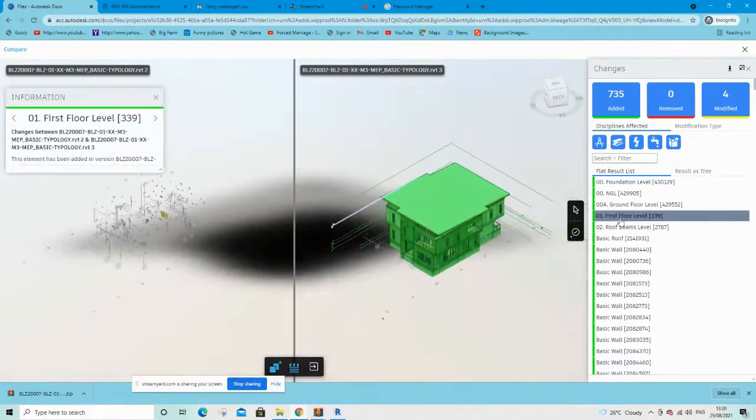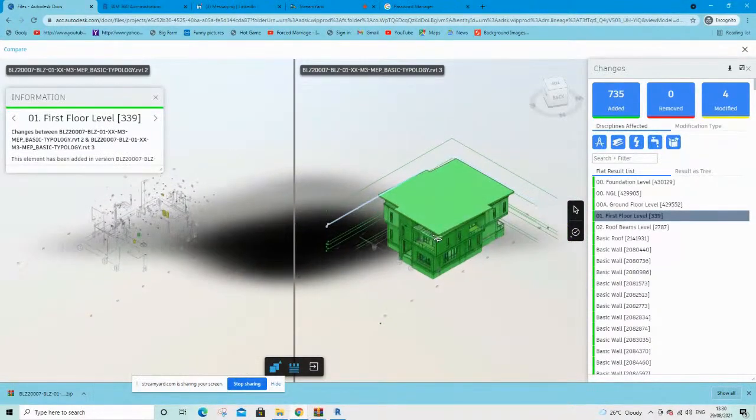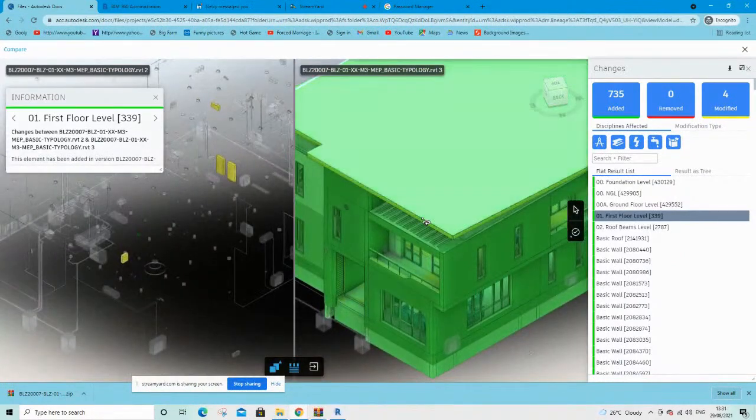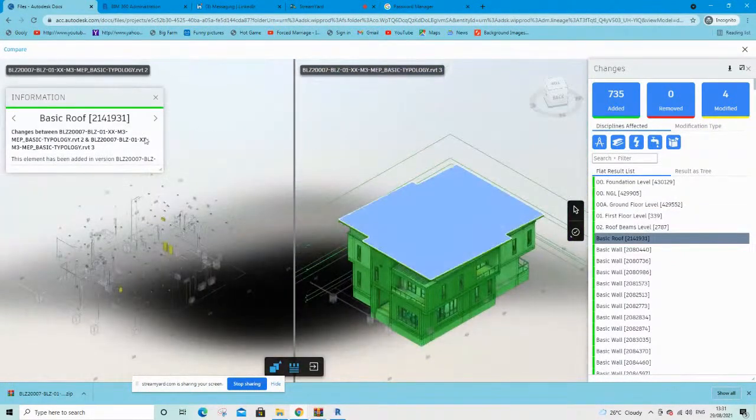From here, you can still begin to filter elements. And for every element you select, for example, if I select this roof here, I can see what the roof looks like between the two versions. If that roof